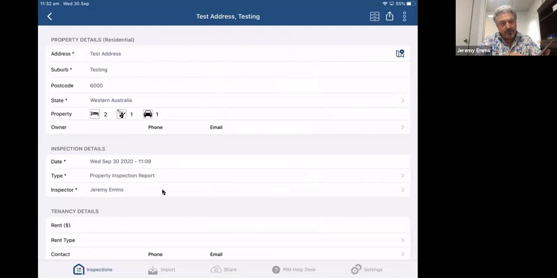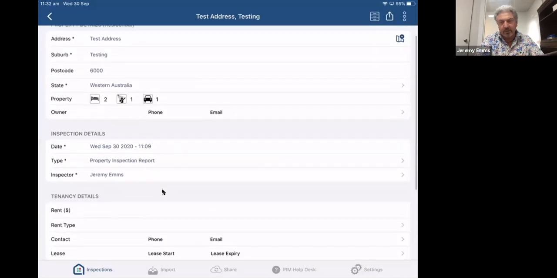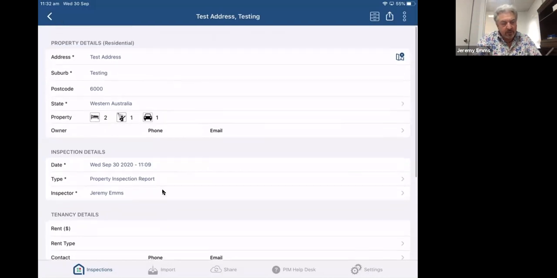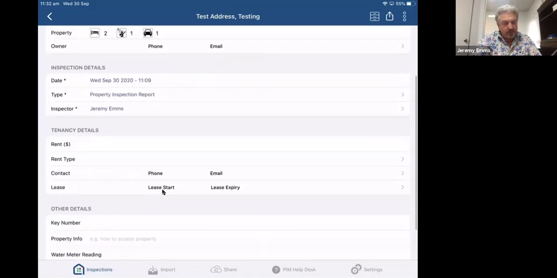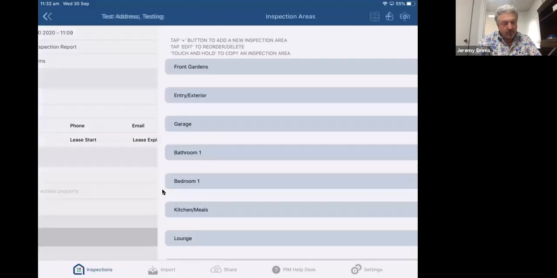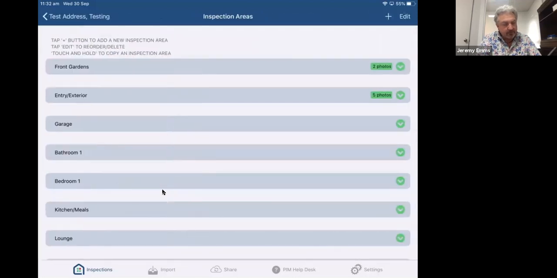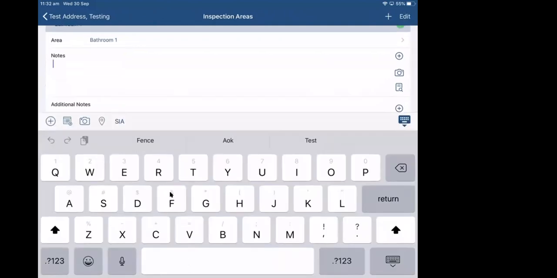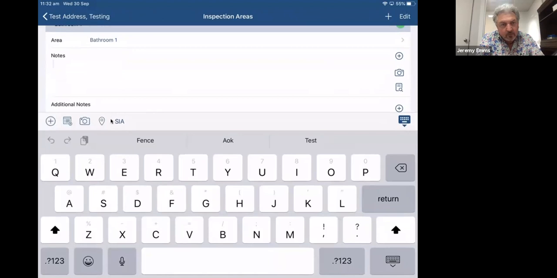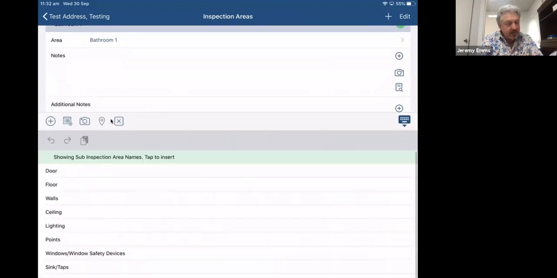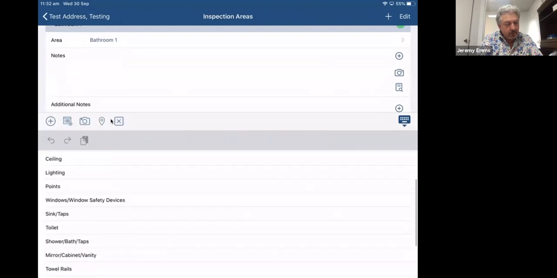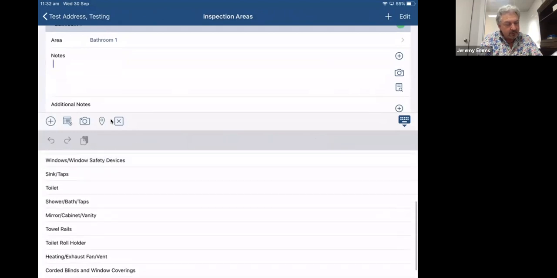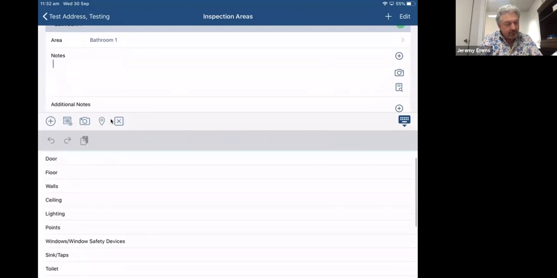Now, obviously what I've done there is a routine inspection report. So that didn't include any sub-inspection areas. But what I can also do, if I go back into that report and go into an area, say I'm just going to the bathroom, if I press the notes section, you'll see above the keyboard, there is a little SIA. I can press that SIA and it will show me all the sub-inspection areas associated with that room.